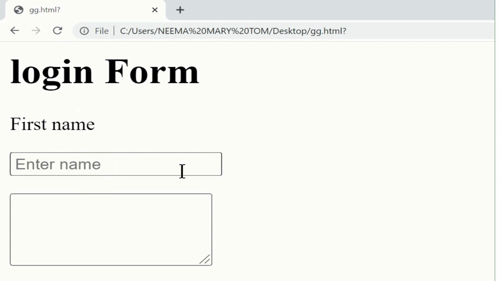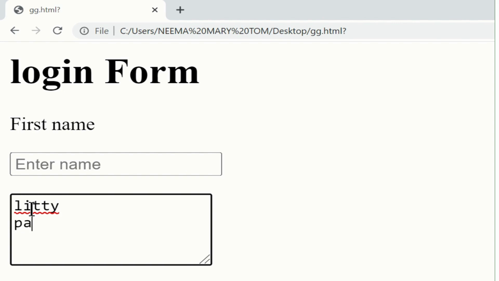This is the single line text box. Here we can enter data only in a single line, only in one line. So here I am typing my name, and after that when I press the enter key, you can see that it will not go to the next line. This is the text area. Here we can type multiple lines, like an address we can type here. So I am typing the next line, again I am going to the next line. So like this we can type in multiple lines using the text area.